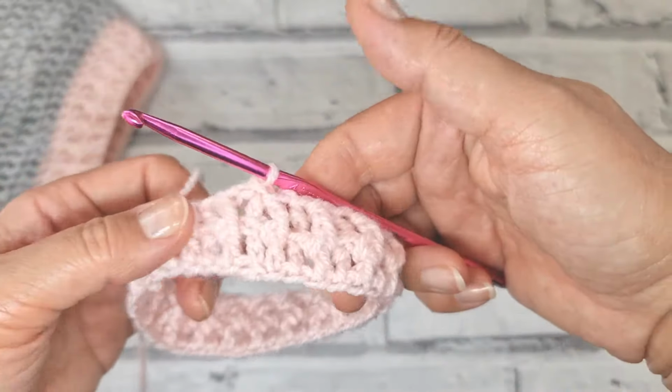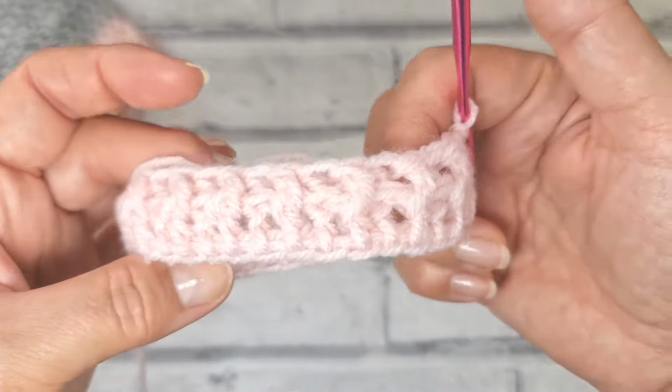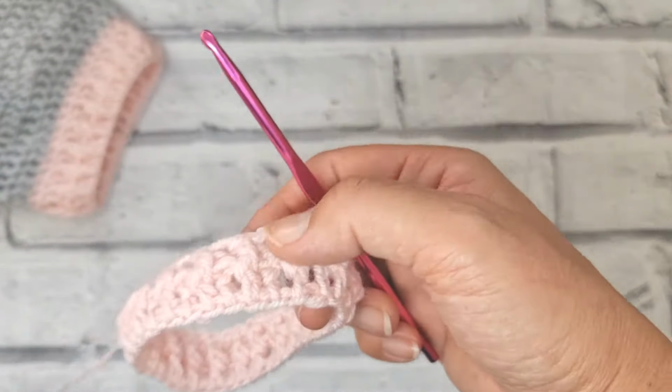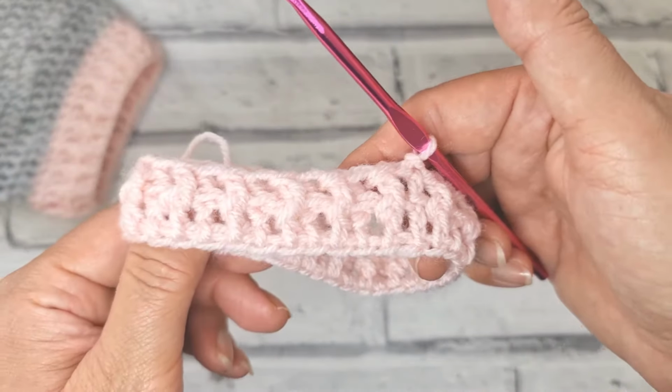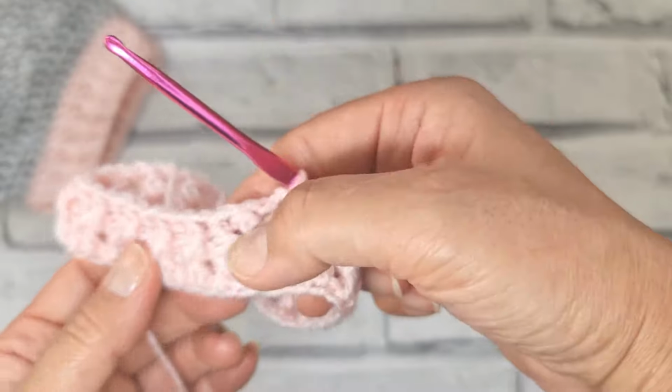There you go. So you've got a solid finish at the end. Got that nice sort of ridging. So that's the first round of back post, front post, double crochet. We're going to do now